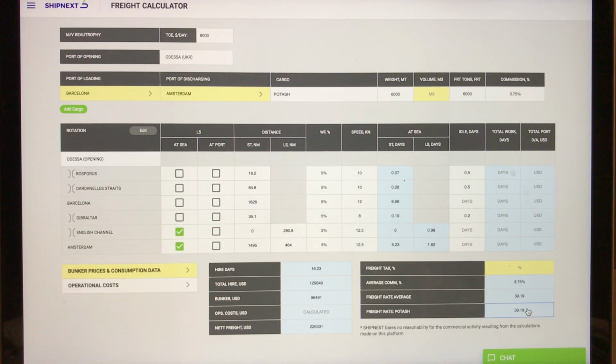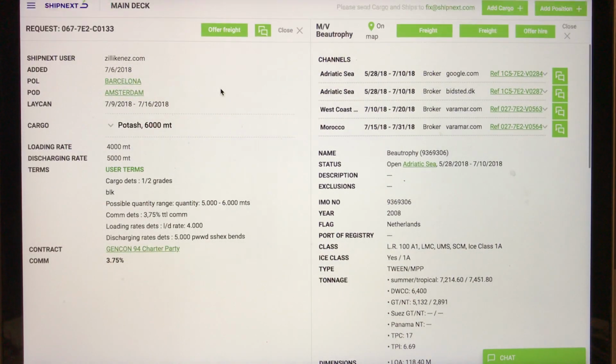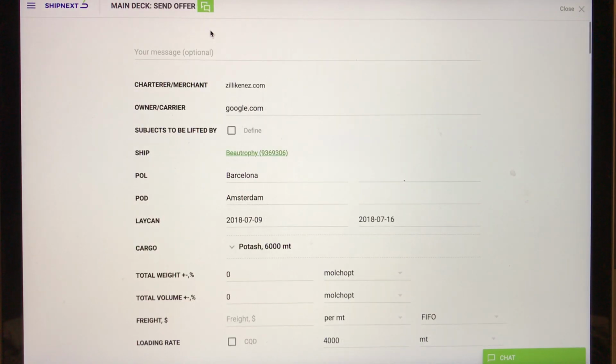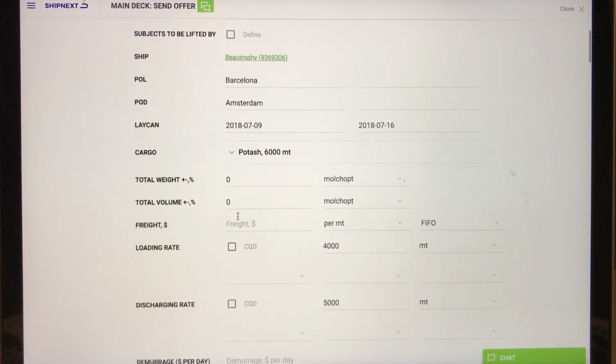On the right-hand side, you will see the freight you may then want to offer by clicking on Offer Freight. The last step is a pre-filled form. Now this can be filled in with some missing information like freight,